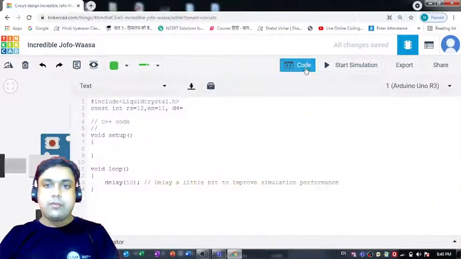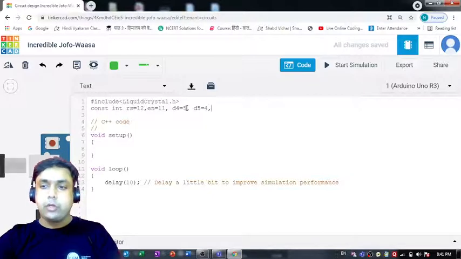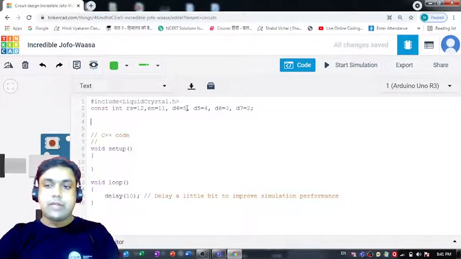So let's define all the required variables over here. D4 is equal to 5, then D5 is equal to 4, then D6 is equal to 3. D7 we need to keep equal to 2. So that's how we can define all the variables.